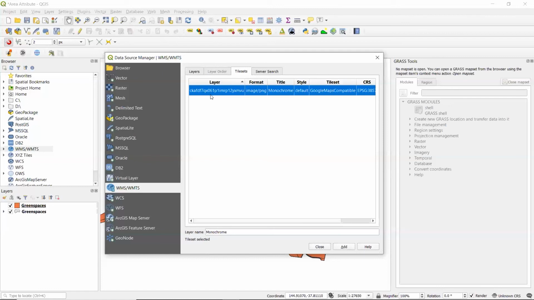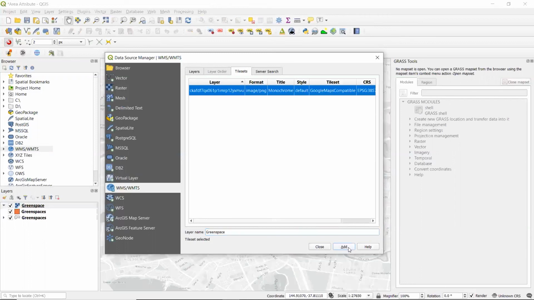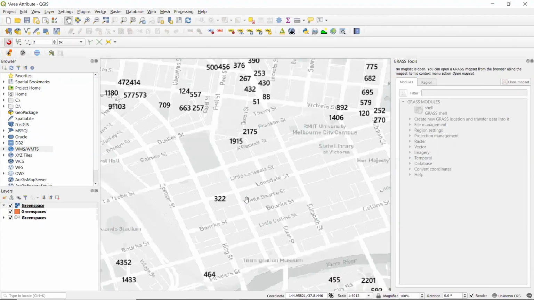And a good indicator of this is the fact that we started with a monochrome Mapbox base map, and it has stated that the title of this is monochrome. So the next thing we are going to do is to rename this layer to match our version of Mapbox's monochromatic map. And then we are going to add it to our Layers panel, and then close our Data Source Manager. And then if we zoom in,